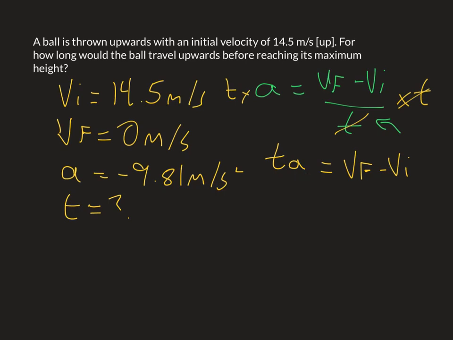So I'm going to divide this side by a, which means I also need to divide this side by a. My a's cancel out here. And so my final formula, when all is said and done, is t is equal to vf minus vi divided by a. The way I always remember this formula, if you're somebody that likes to memorize formulas, is that